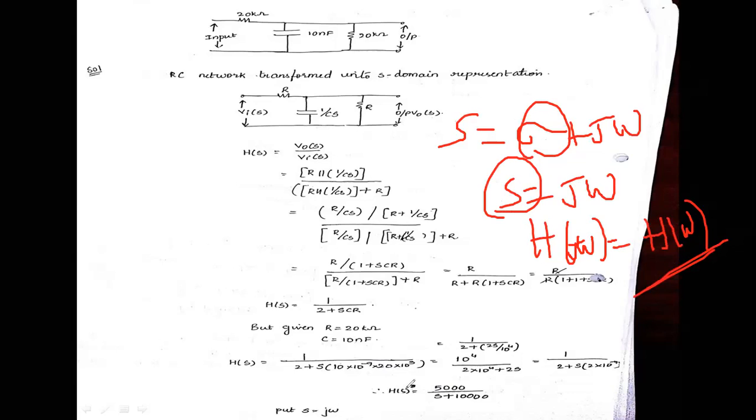So put S is equal to j omega in this function, and it becomes 5000 by j omega plus 10,000, students. Rationalize the function, and you'll get the magnitude and the phase. At 10% variation of the gain bandwidth, find H of omega as 0.45. From that, you can find the bandwidth B, omega is equal to, and find the phase